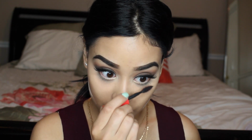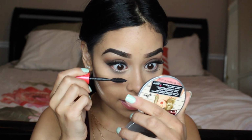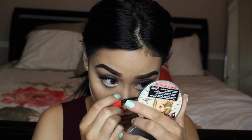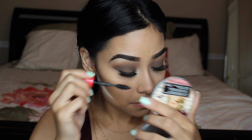So I'm going to apply some mascara on my lower lashes. So I'm taking this Maybelline mascara, the 1x1, and I'm just going to apply it to my lower lashes so it can open up my eyes a little bit. Okay,